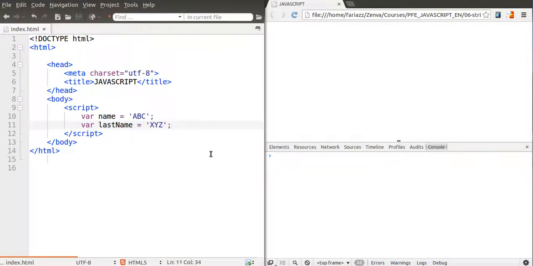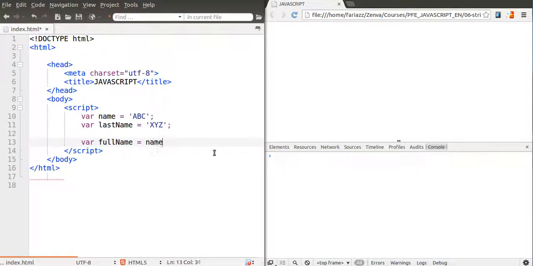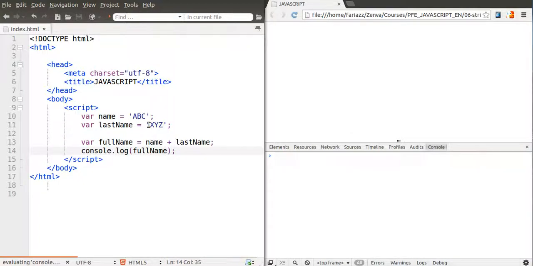And what if I want to concatenate two strings? I want to have another variable that's a full name and that has the first name and the last name. So you can concatenate two strings by using the plus sign. And let me show you what's going to come out of this. So we're joining these two strings, and if I reload the page, you get them concatenated, joined together, but we